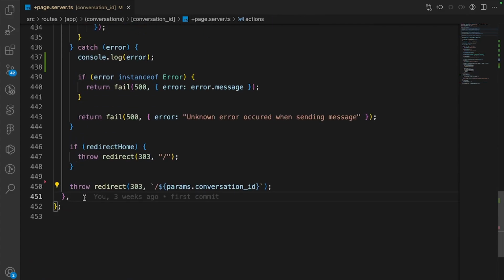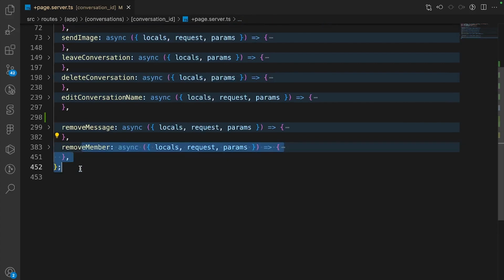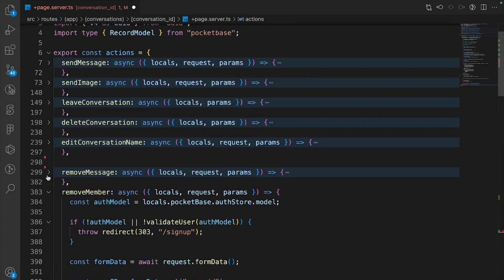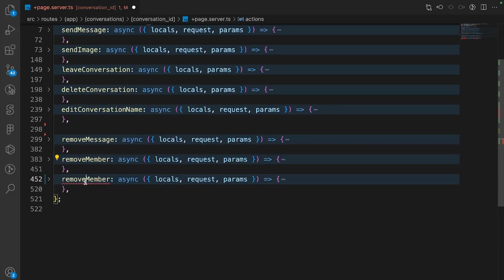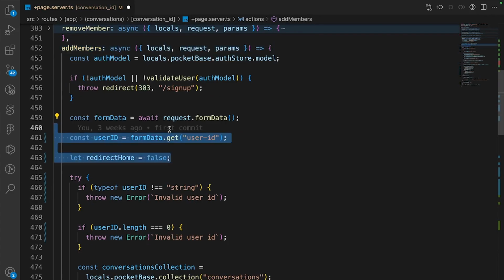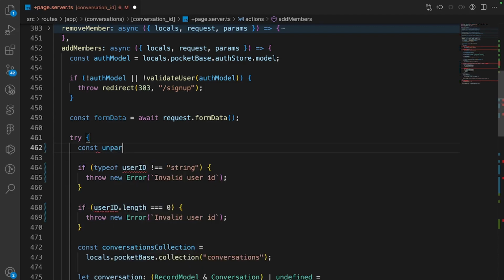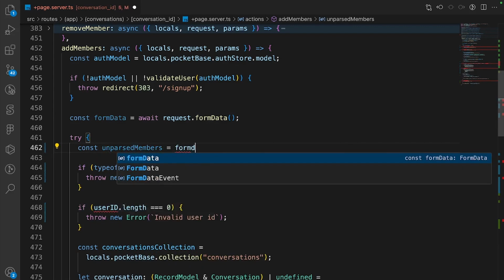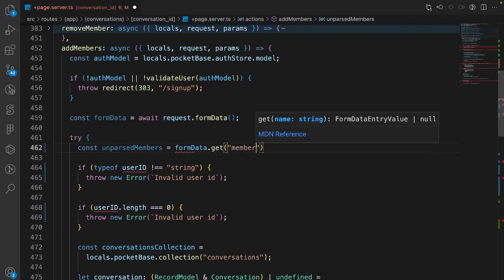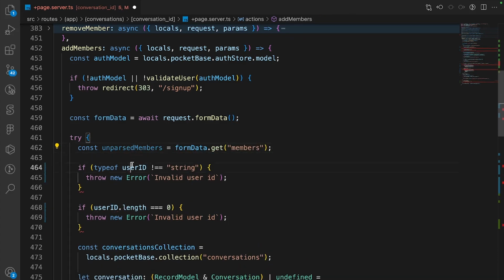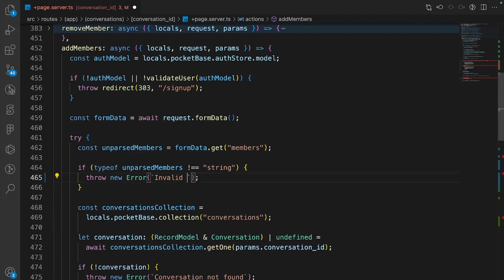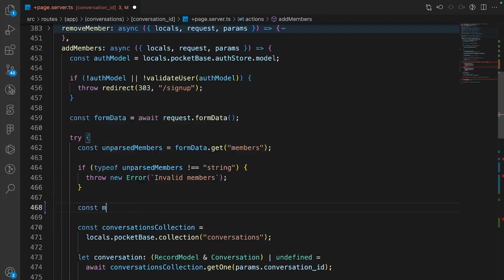So for the final function, let's copy down the remove member. And let's close this. And this is going to be add members. In the add members, we just get the form data. And then in the try block, we say const unparsed members is equal to form data dot get members. Then we check parsed members. Then we take off this check, invalid members. So then below this check, we say const members is equal to